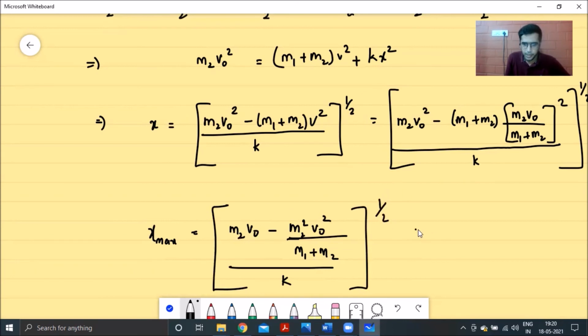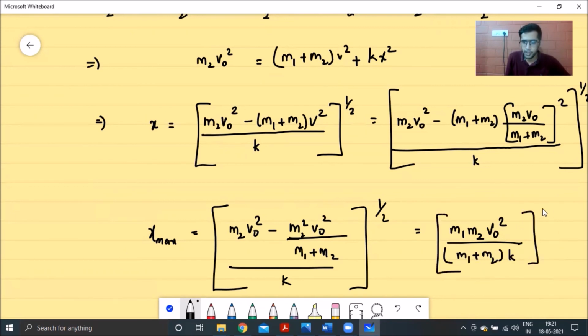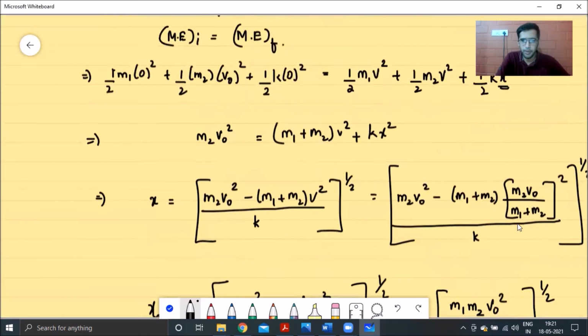And taking LCM over here, we get m1 m2 v0 squared plus m2 squared v0 squared, minus m2 squared v0 squared, so that gets cancelled. So we get the final answer as m1 m2 v0 squared divided by (m1 plus m2) k, whole power 1 by 2, to be the maximum elongation of the spring. Right? So hopefully this question is clear, and this is one of your more common questions